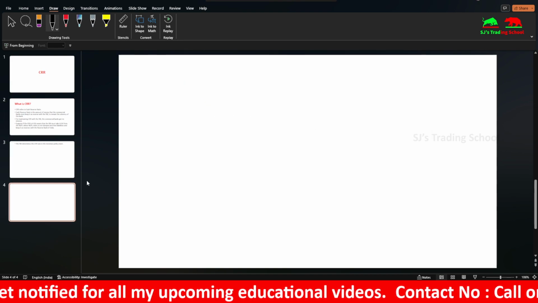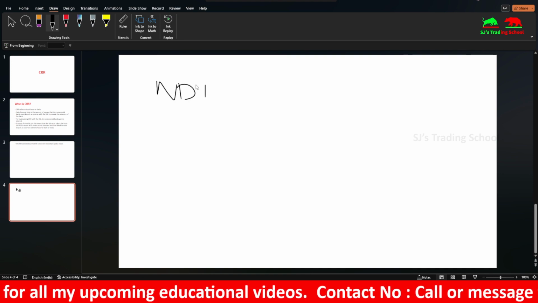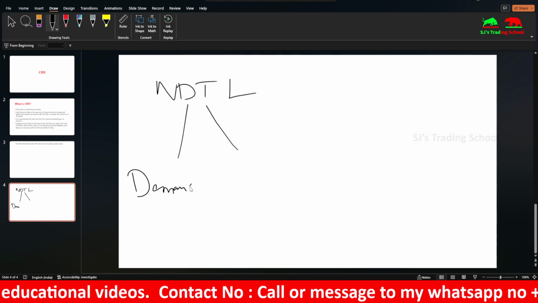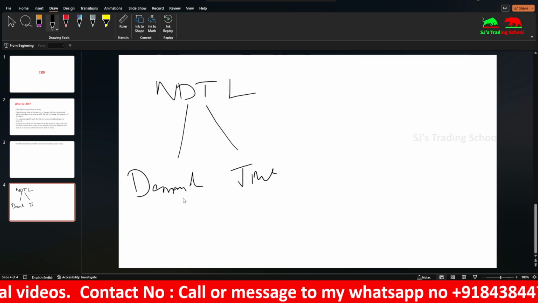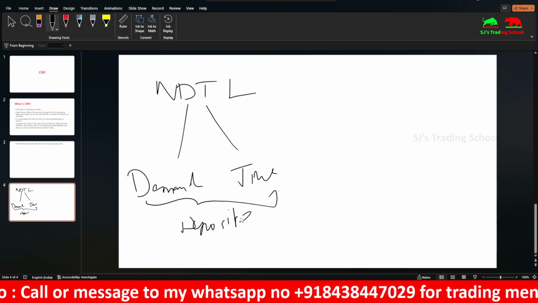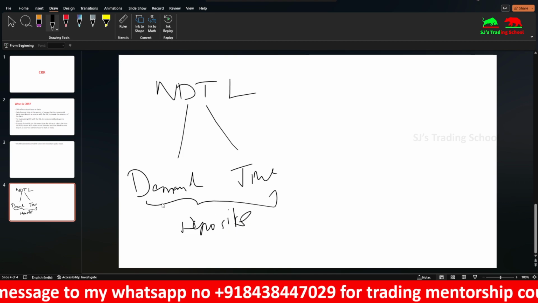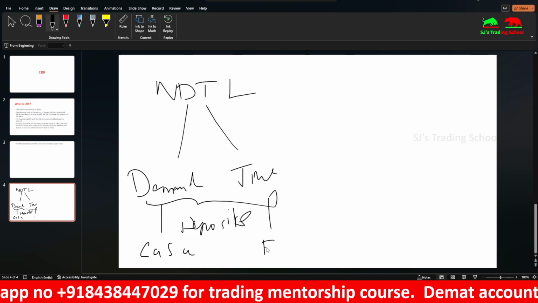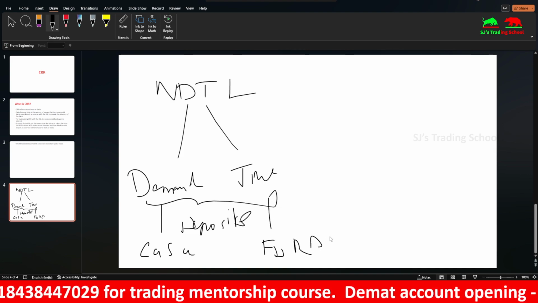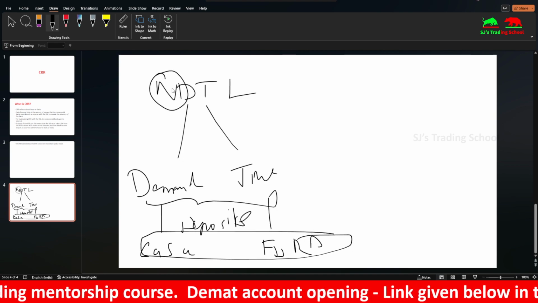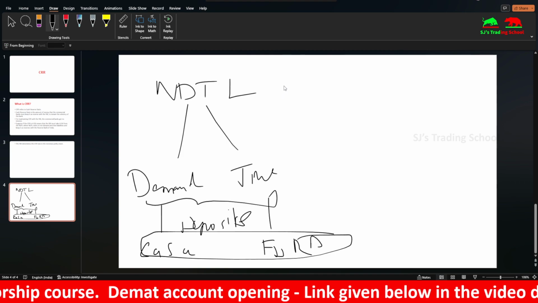So net demand and time liabilities. So demand deposits and time deposits. This is demand deposits and this is time deposits. Demand deposits means current accounts and savings accounts. Time deposits means FD and RD. But this alone doesn't constitute NDTL. Net demand and time liabilities also include